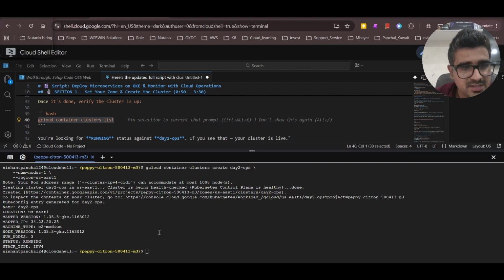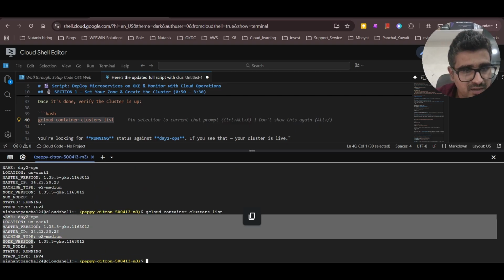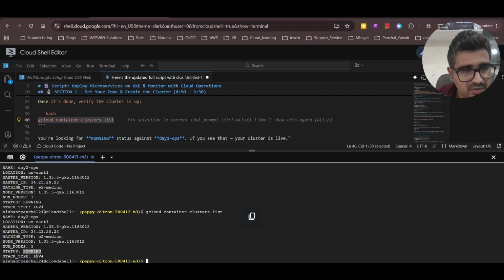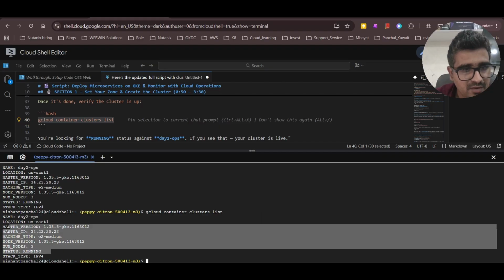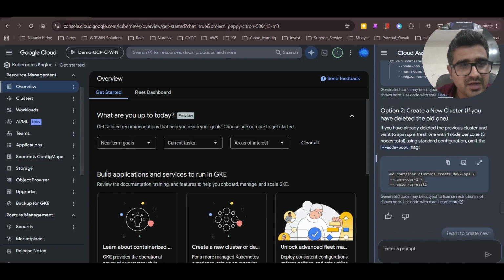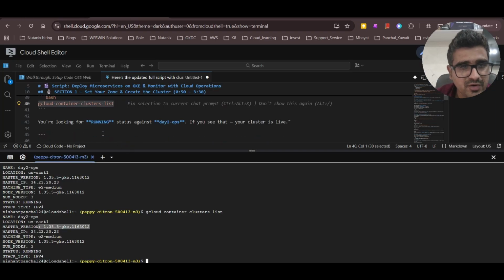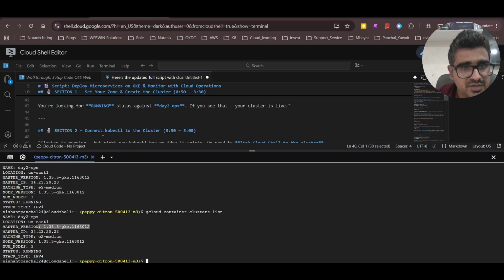So now my cluster is ready, the deployment is done. I'll run the command to verify that. Yeah, so we have all the details over here: the region, the number of nodes, the running status, the IPs and everything, and the version of our GKE also. So we have all the details, and in fact we can verify from the console also, and we'll just refresh here. So now we are ready for our next step,